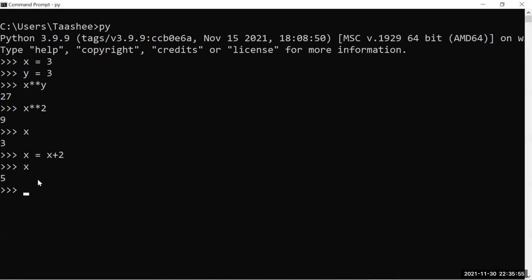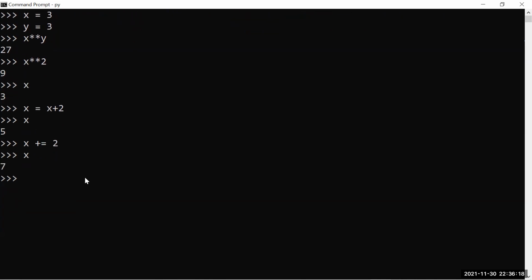We can do this in a shortcut way, saying x plus equal to 2. Now what just happened? It is similar to x equal to x plus 2, just an alternative for this. If I press enter, the operation is done. If I print x, it is now going to become 7. 2 add करके, ठीक है? In the same way, we'll do all these operations in the arithmetic. That means I can say x into equal to 2. An arithmetic operator with an equal to sign means we are assigning the product of that value in x by multiplying the value after equal to.